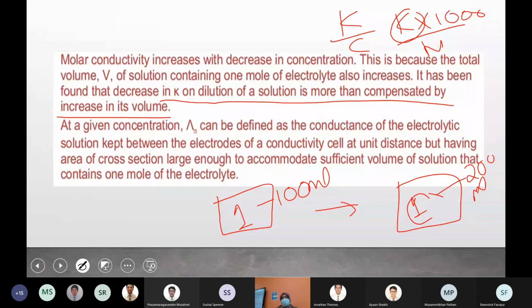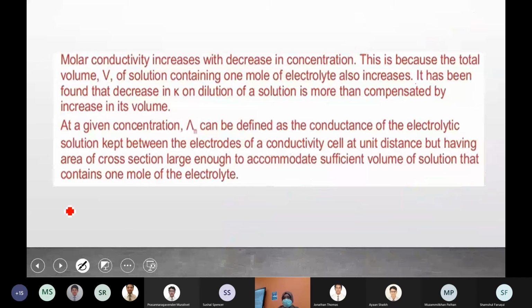So here conductivity per mole means 1 mole of an electrolyte is there, whether it's diluted or undiluted. The amount is 1 mole. So when you are diluting, the same amount now has got more free space to move. So the movement increases, meaning conductivity, or you can say the conductance increases, right? So we are measuring it as a conductance. Conductivity or molar conductivity is defined as a conductance when you take that unit length on unit area of cross section. So that will increase when the volume increases. That's what it's clearly written over here.